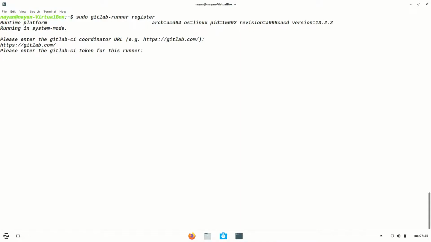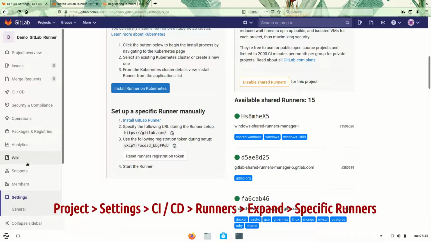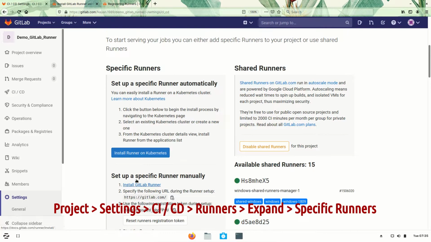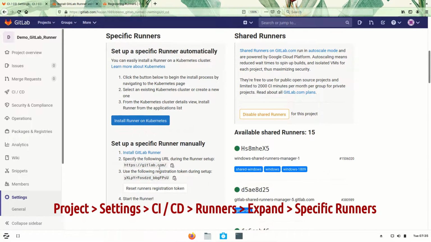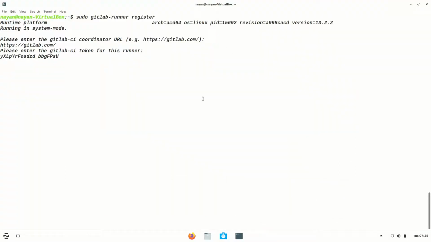Now I need the GitLab CI token. I will get this token from the project settings screen. As I mentioned, you need to go to that particular project, its settings, then CI/CD, and then under specific runners you will get this token. Just copy this token and paste it.